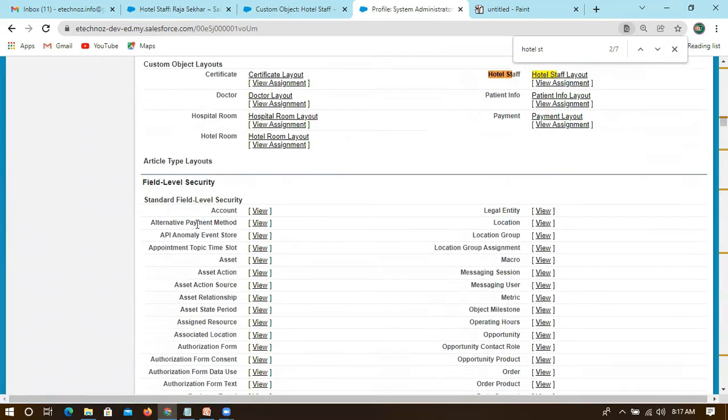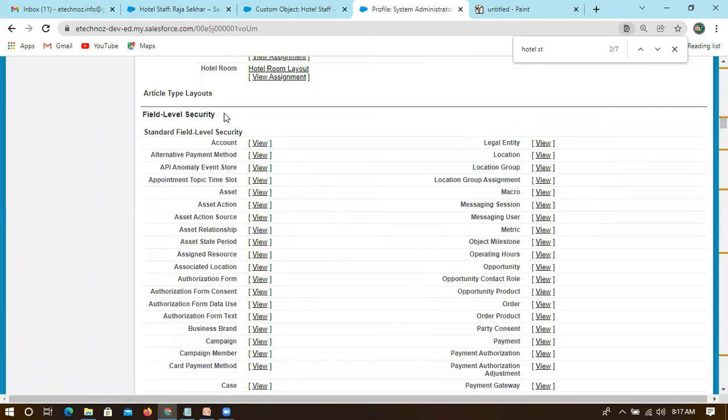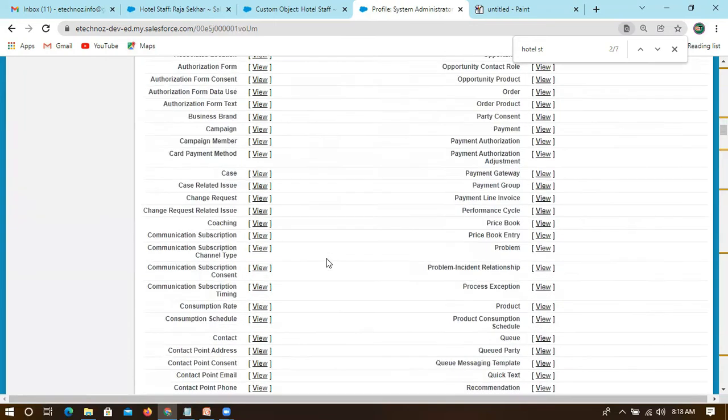Is it a custom object layout? We don't want it at layout level, we want field level security. This is one more part we will be dealing with. But I want to go through each one in a real-time scenario so that we can understand more. If I just explain, this is this, then you can't understand anything. If I go with some issues, we will understand easily. That is why I'm focusing issue by issue. Let's take this as one ticket or one case for you when you deal with it in an office. So you have to go to field level security first.